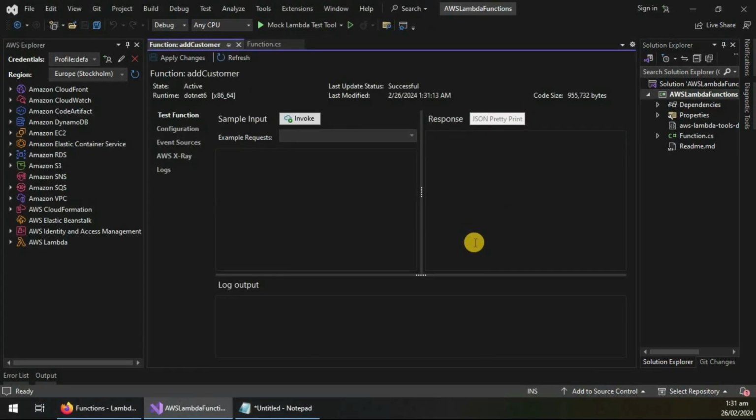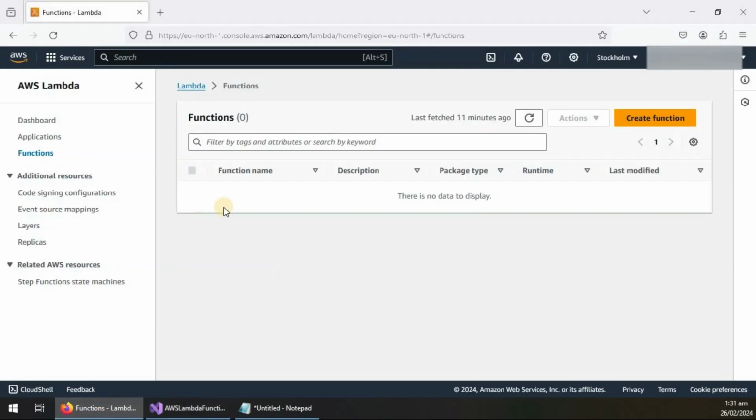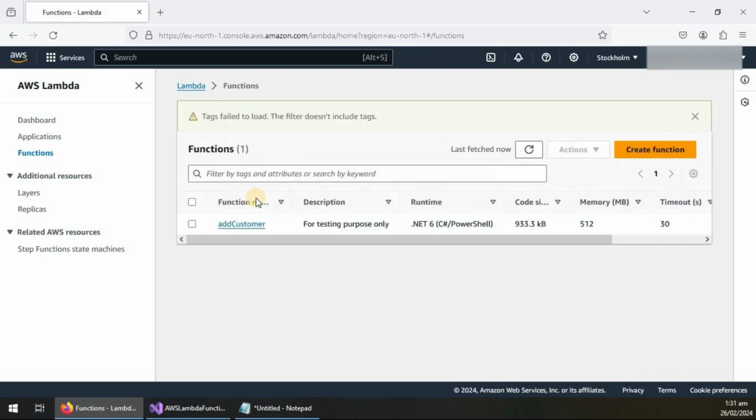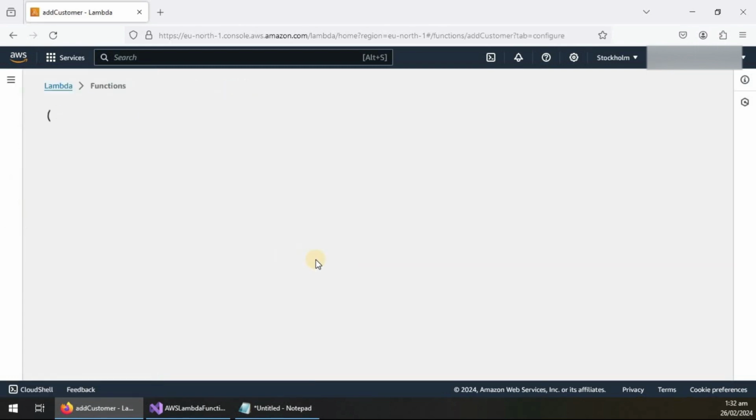Okay, our function has been deployed, and we can also test it here, but I will close this, and you can see here, this is our newly created add customer Lambda function. And on this page, if I refresh this, so this is our new function. Okay, now click on this function,